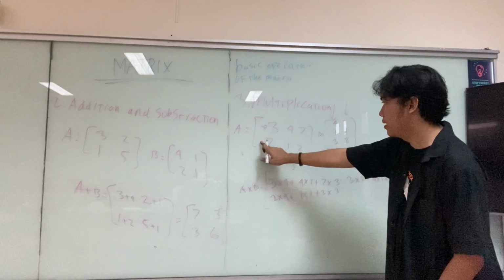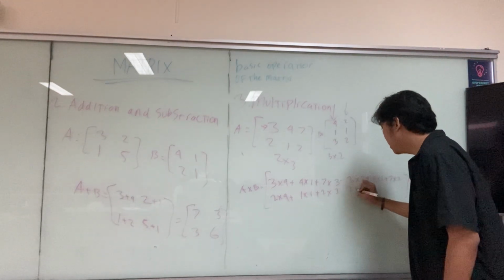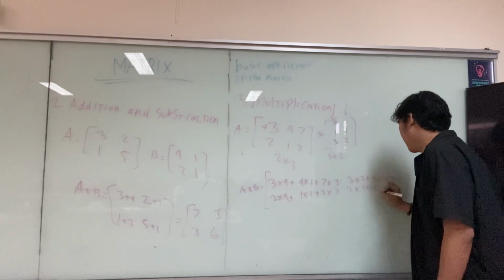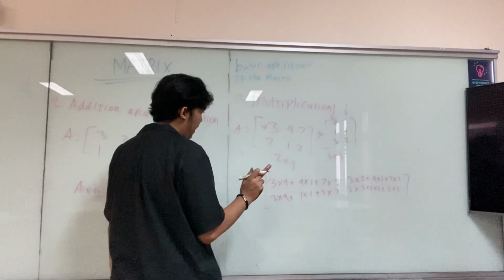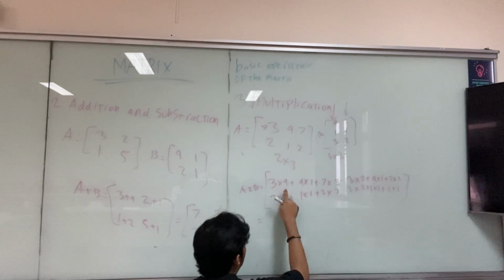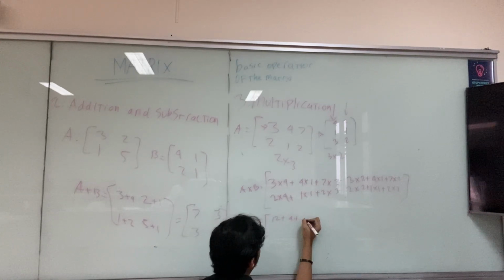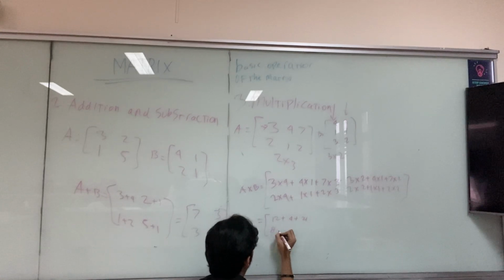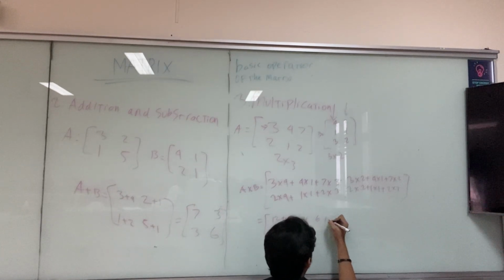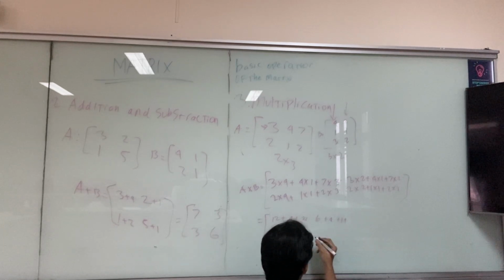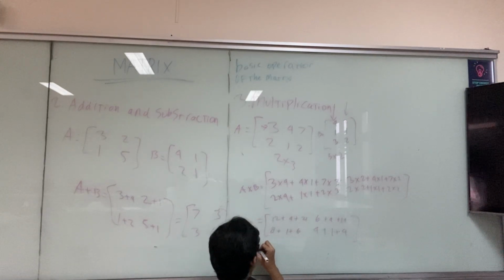And then the next one, the second row times the second column: 2 times 2 plus 1 times 1 plus 2 times 2. So for the matrix A, multiplication by B is 3 times 4 means 12, 12 plus 4 plus 21, and then the second one is 8 plus 1 plus 6, and then 6 plus 4 plus 14, and then 4 plus 1 plus 4, and then